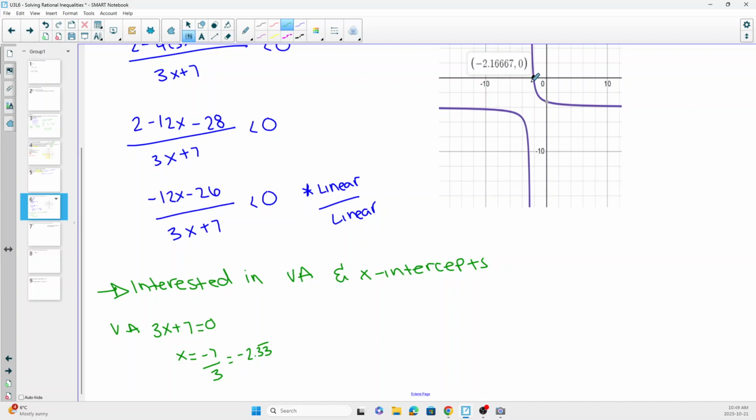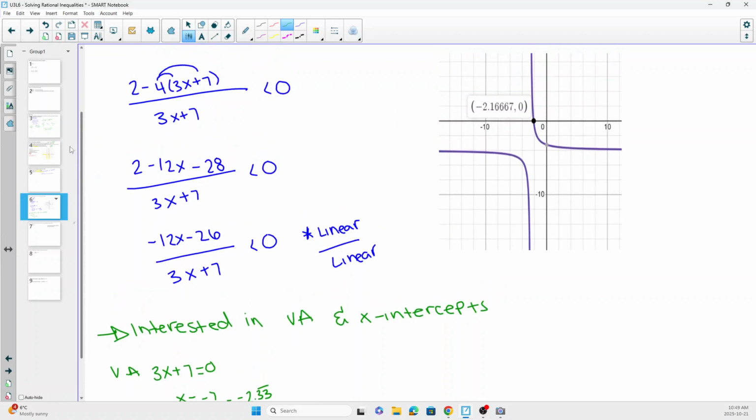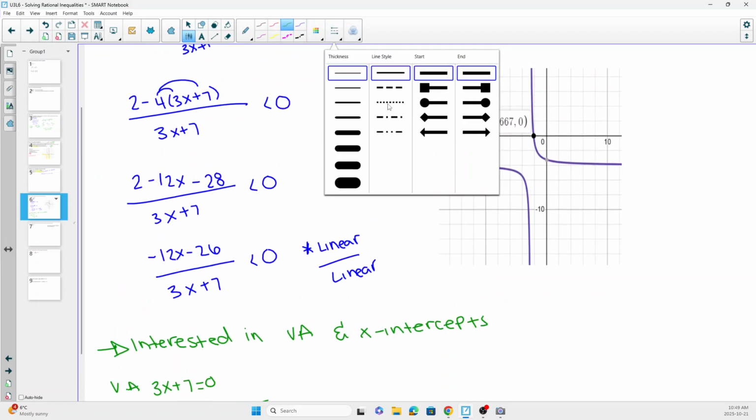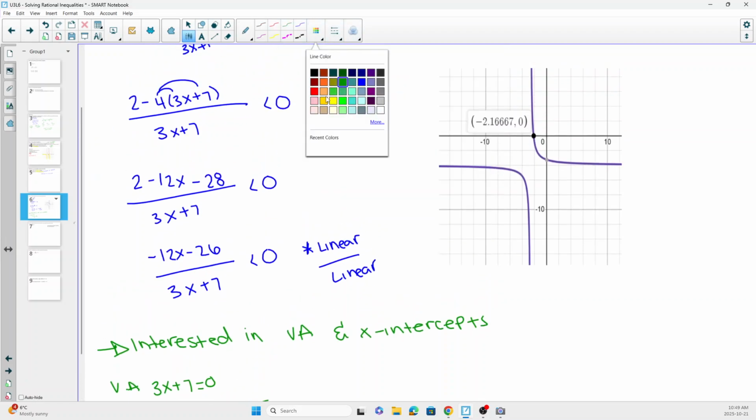This is negative 10, by the way. So this is going up by negative 2, negative 4, negative 6, negative 8. So negative 2.33 is where we have that vertical asymptote, which is what we see happening here. So let's put that on our graph. We've got a vertical asymptote just past